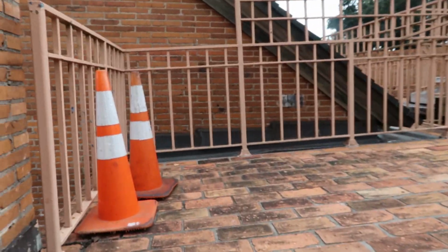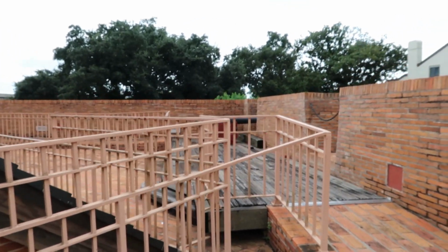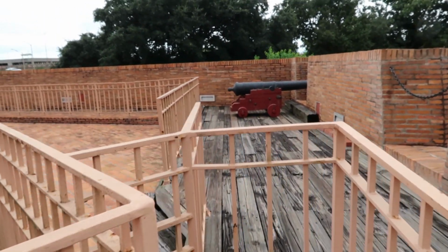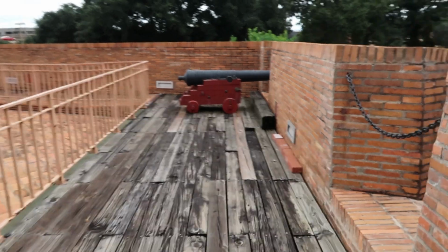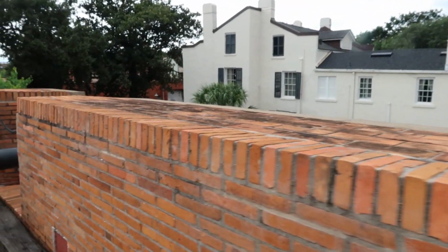Oh, it's a little breezy up here. Oh, we could see all kind of stuff. Look at that. You can see there's where they shoot the cannons out. Pow, pow. Except somebody built a house in the way. But you know,